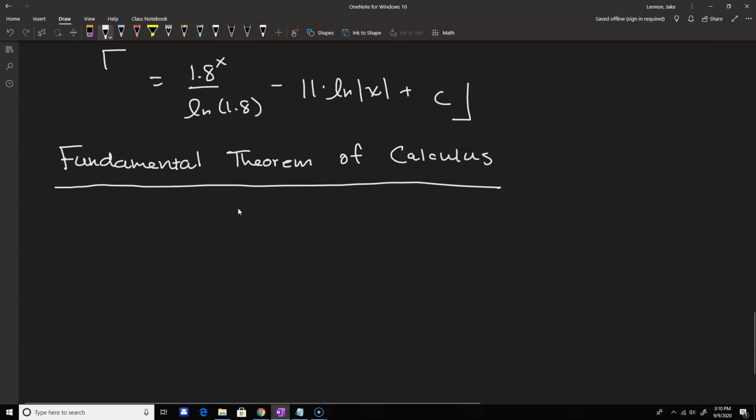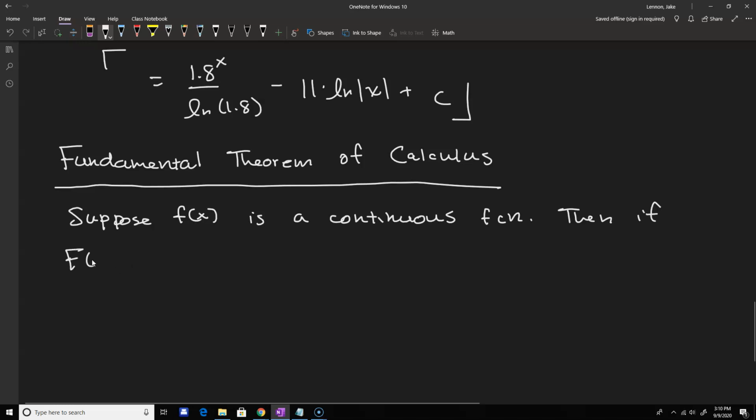But you might have a sense of that just from understanding how we found these antiderivative rules. So let's start with some hypotheses. Let's suppose f of x is a continuous function. Things that are continuous are nice and integrable. So then, if we have any antiderivative, capital F of x, it doesn't matter which one you pick, and remember that's all they would ever differ by is a constant anyway. The net area, which we'll talk about in a minute,